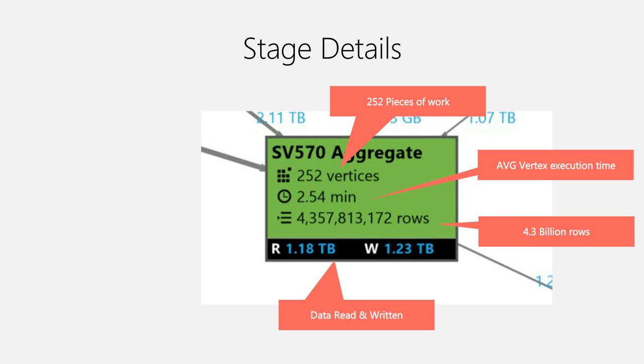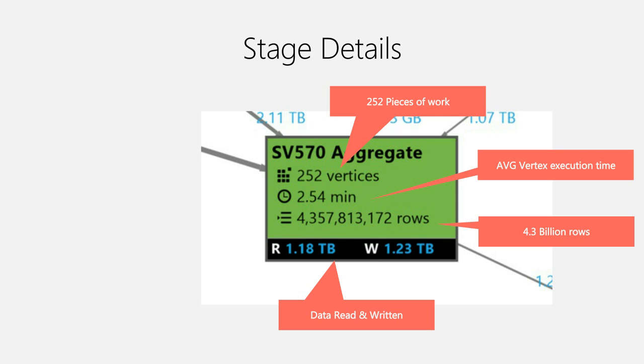Okay, so now let's zoom into one particular box and understand what's within it. Here you can see something called SV, which is nothing but super vertices. A super vertex denotes a combination or a group of vertices executed as one. Multiple vertices executed as a super vertex, right? In this SV, there are about 252 vertices executed as a super vertex, and this is basically an aggregate function where someone has applied a sum or other aggregate functions, right?